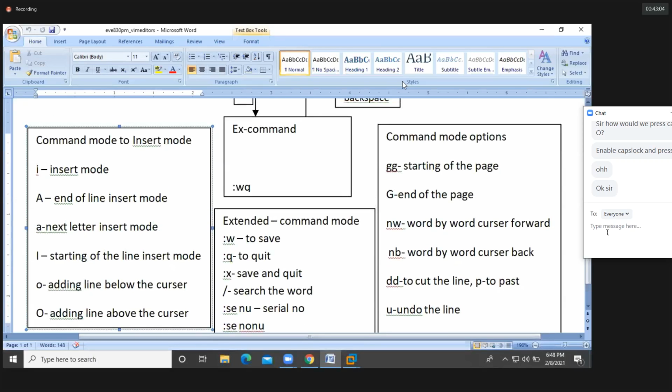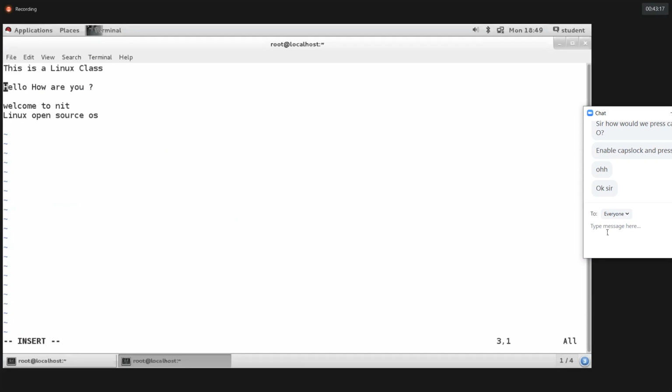We have a few options in command mode also. We'll see now. To navigate the cursor, we have a few options. Small gg. Escape and back to the command mode. Small gg.